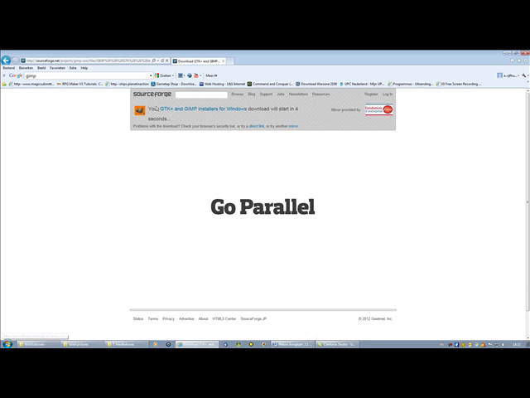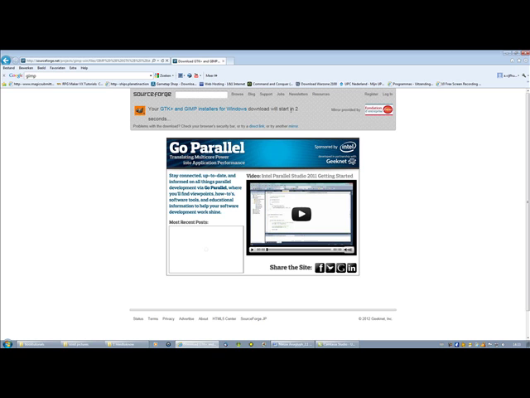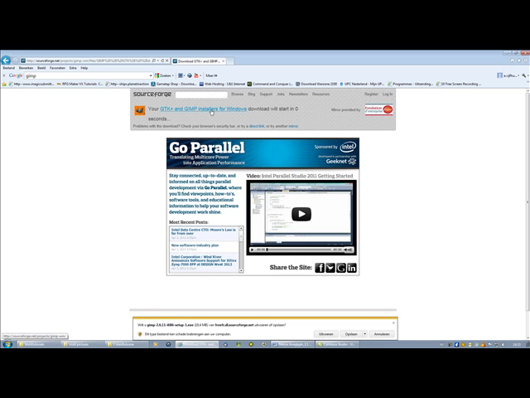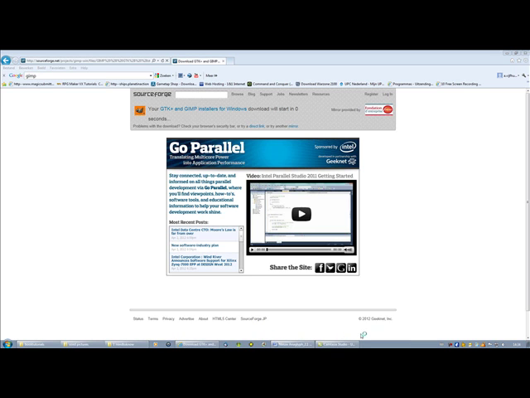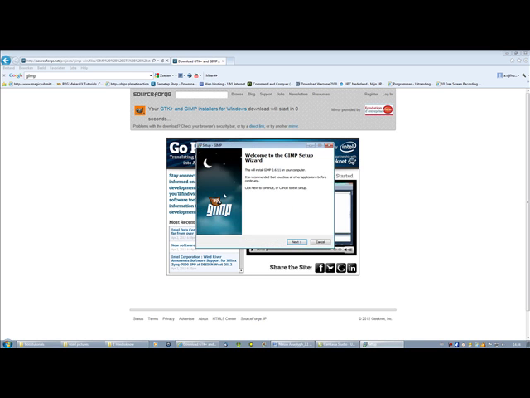Now it will stop and you choose save or go with it, install it. Then after the download it will install the GIMP setup, yes, and then you go to the wizard of 2.6.